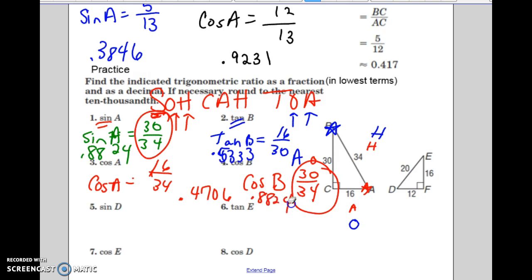Sometimes we can use cosine or sine interchangeably, because just like if I drive to a friend's house, there's more than one way to get there, and both times I'll get there. So sometimes we can use sine, sometimes we can use cosine, and we're going to work a problem like that in just a second. But we'll still get the same answer no matter what we choose. Are we good on these? Okay, so let's go to the back side.